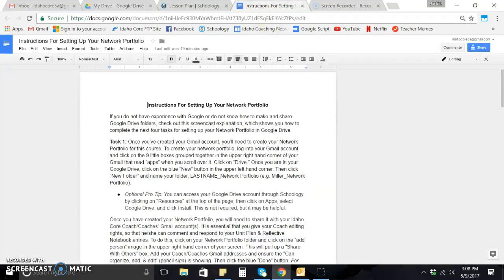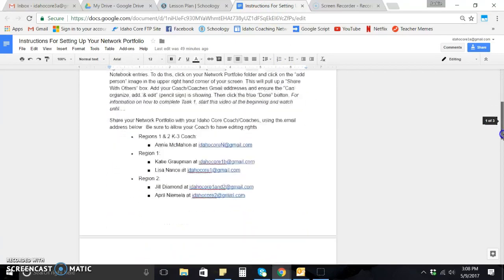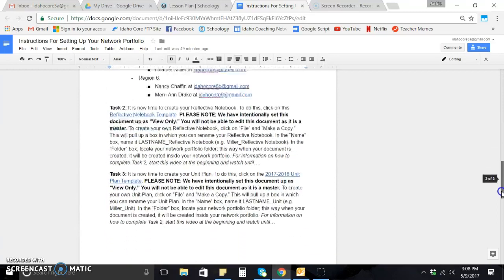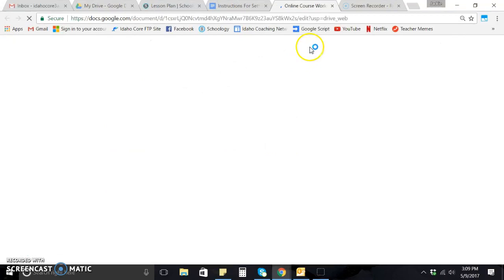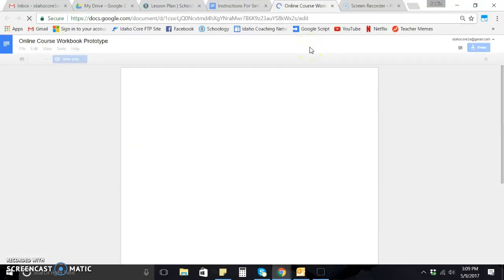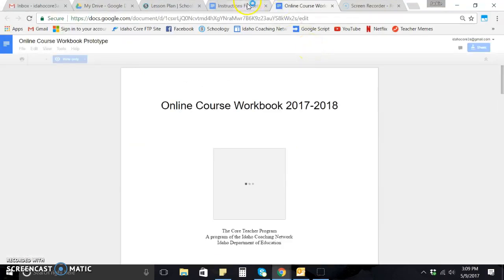Now I have completed all of task number 1 in setting up my portfolio. So I'm going to scroll down and look at task number 2. Task number 2 asks me to create my reflective notebook. And in order to do that, you're going to click on the link that is provided that says reflective notebook template. Now, this is a master template, so it is view only. When this opens up,